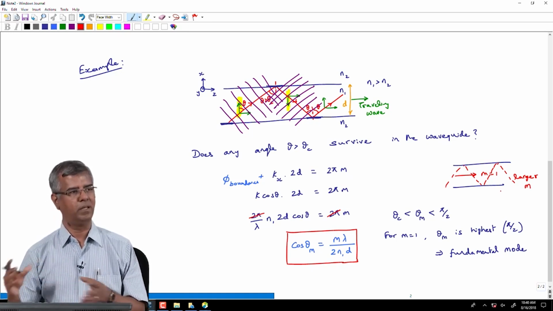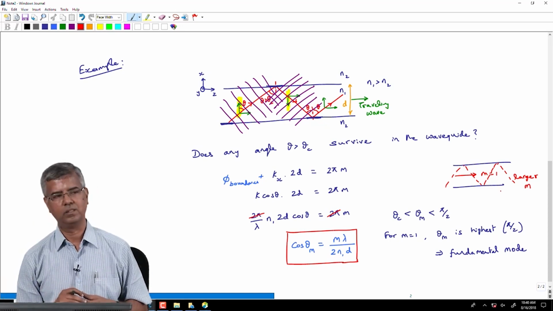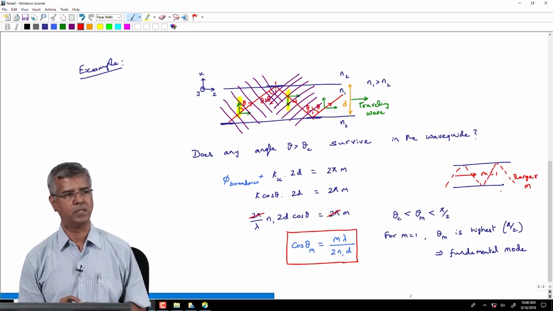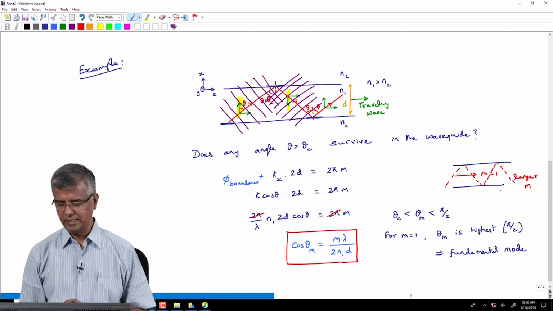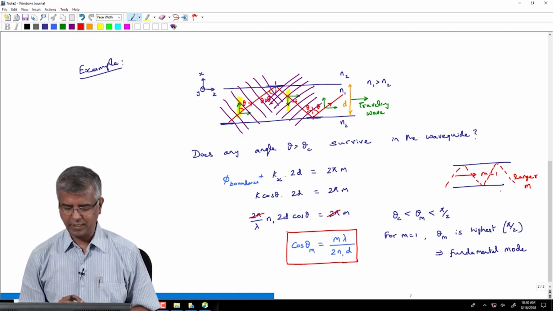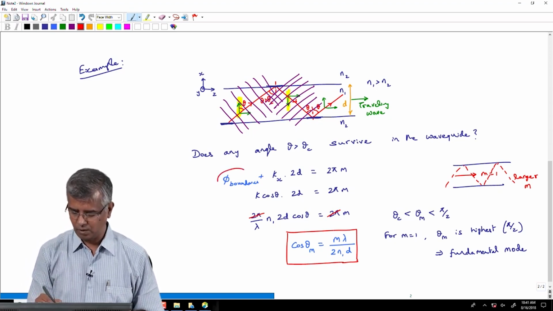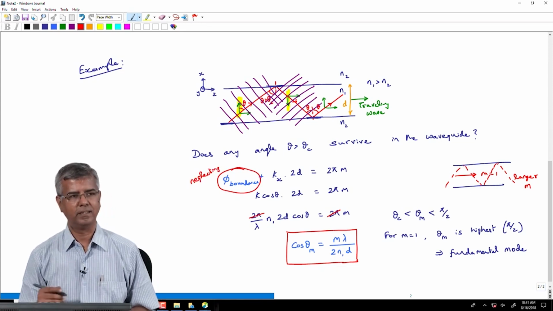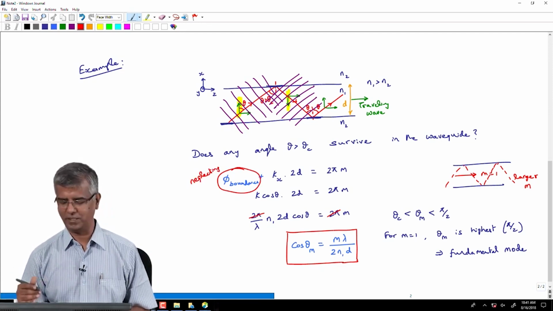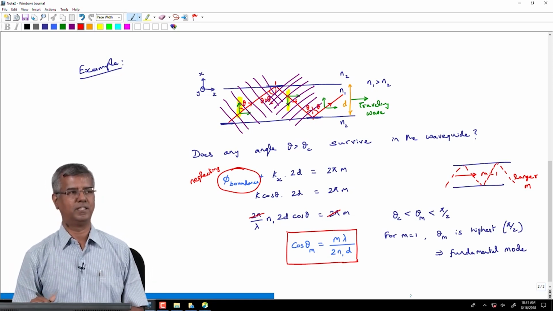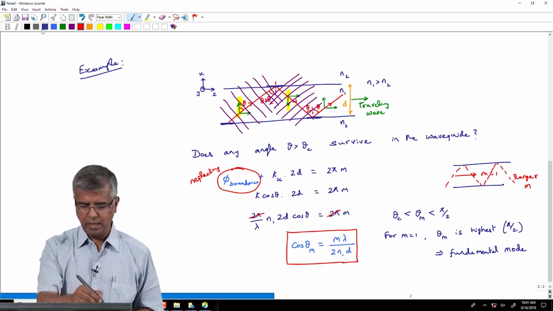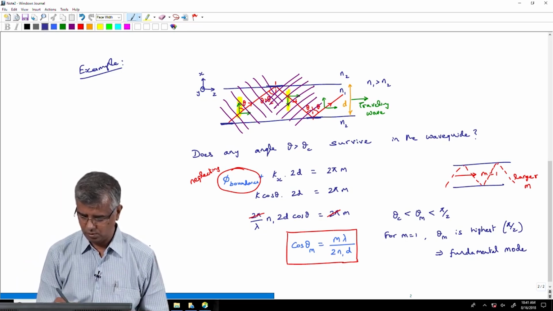That is a fairly simple way of looking at modes in a waveguide, and specifically we are talking about modes in an optical fiber. In fact, the effect of this phi at the boundaries which we are neglecting, we can actually bring back into this expression. We will post that out as a tutorial problem for you to look at in a little more detail. So, the number of modes supported,